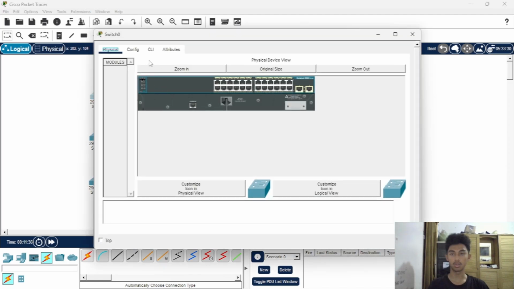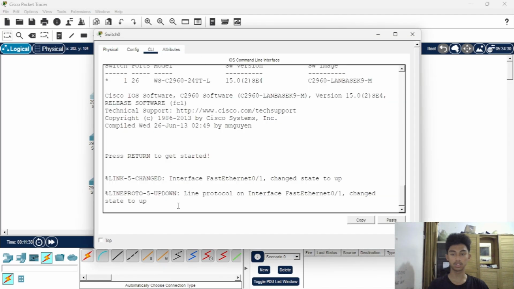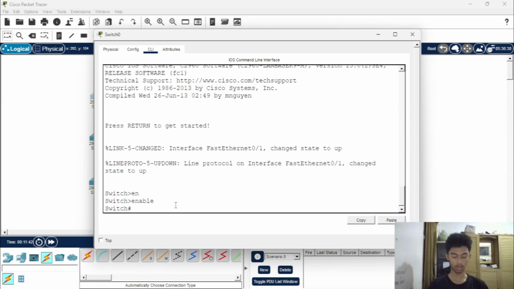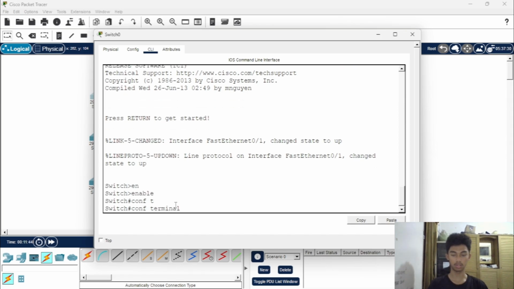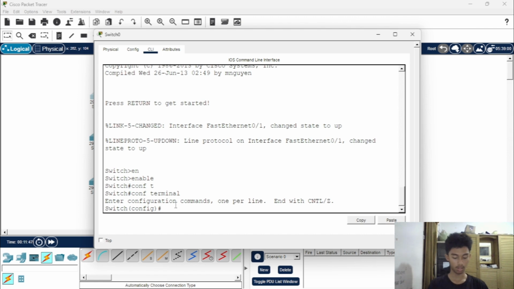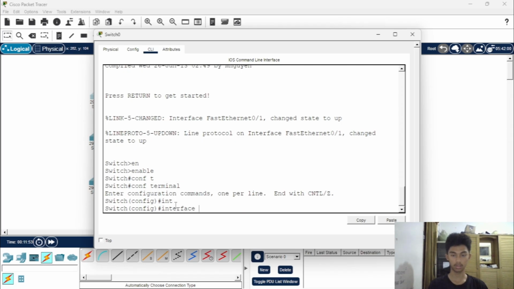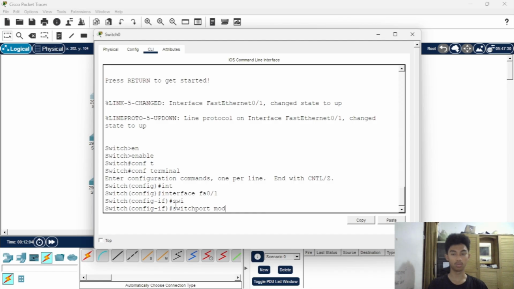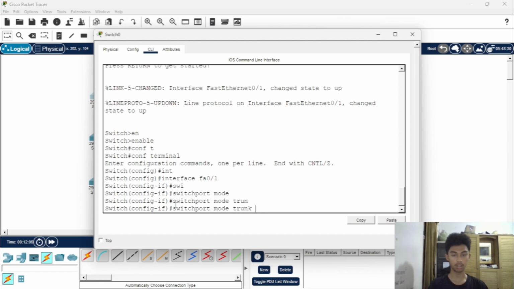For the switch, we go to the command line interface and then enter enable, configure terminal, then we use the command interface FA 0/1, enter, then using the command switchport mode trunk.